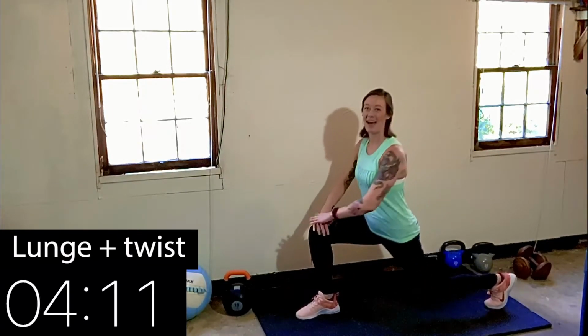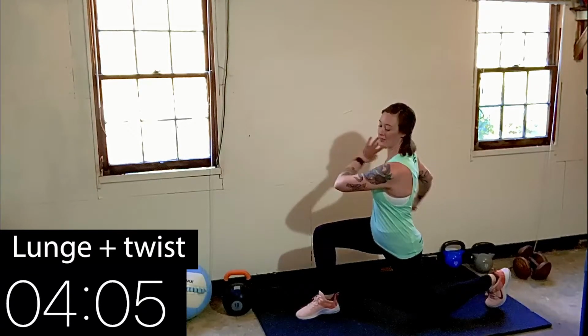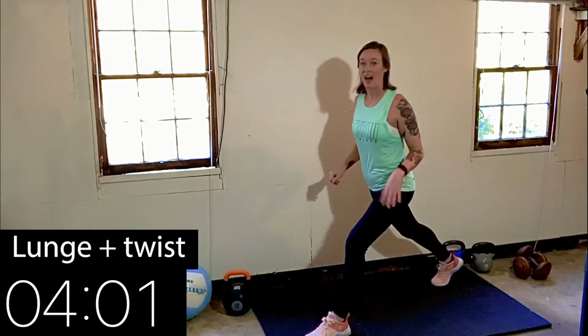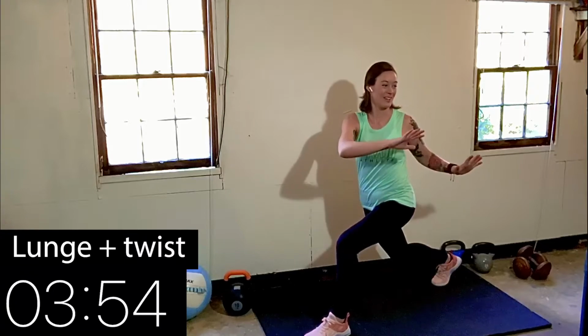If we can set that back knee down, that's great, but don't worry if you can't. And then we're gently twisting in the direction of our front knee. Now we're standing back up and switching that. Stepping the other foot back into a lunge. This time I'm gonna keep my back knee up, and then we're twisting gently in the direction of that front